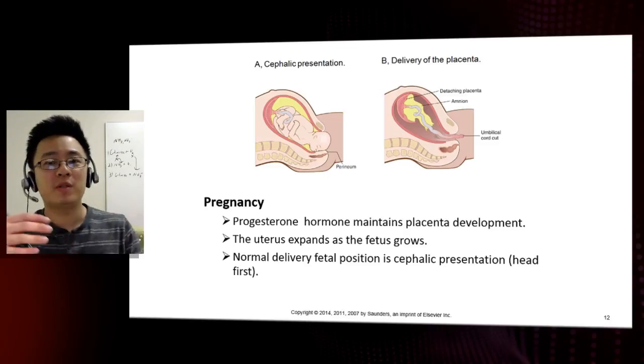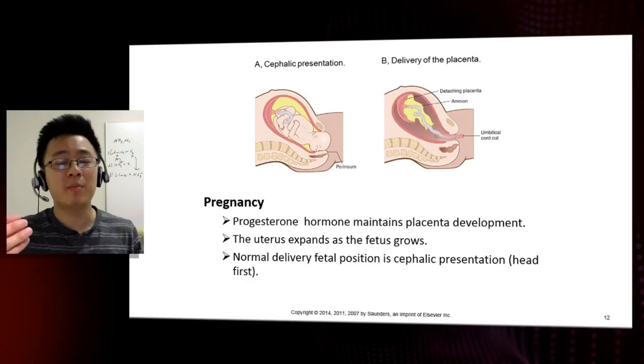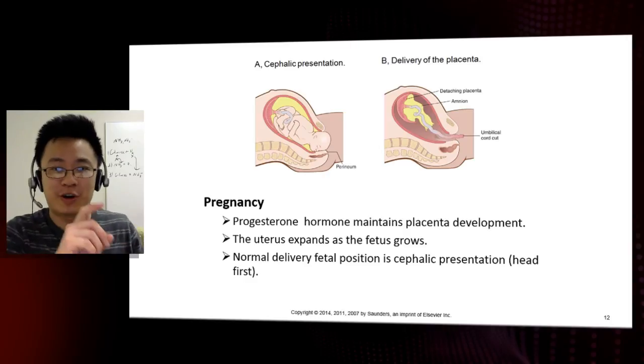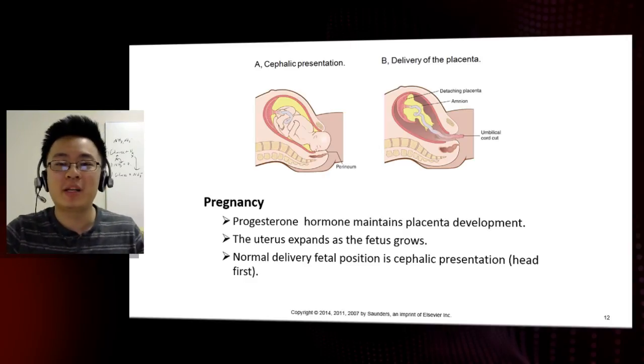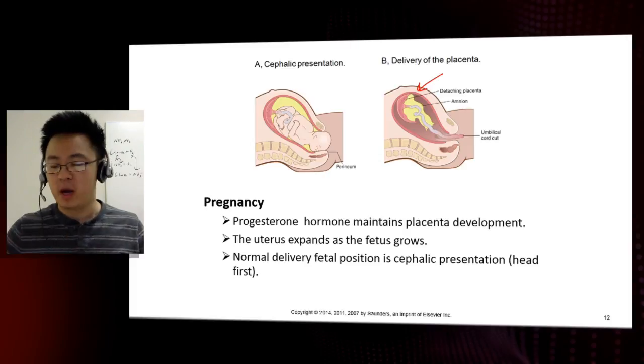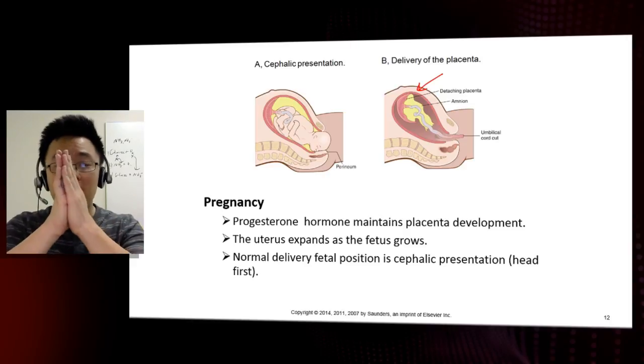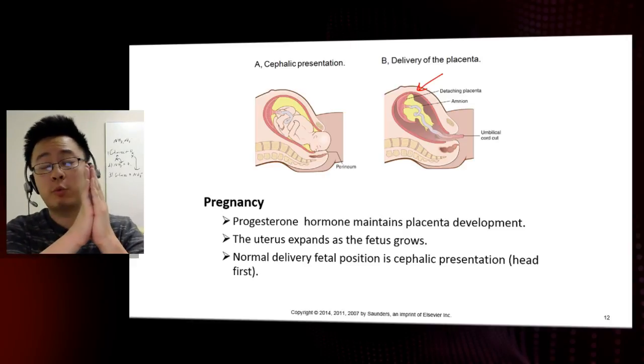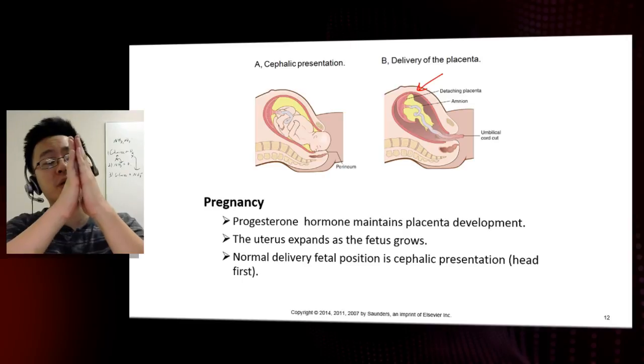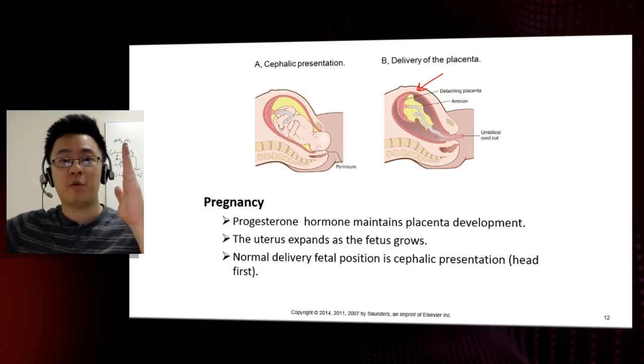However, after the baby is born, the job's not over yet. The mother still has to give birth to one more structure, and that structure here is the placenta. Now, fair warning here. When the baby is born, it doesn't mean the placenta is all detached and ready to go. The mother has to wait for the placenta to slowly, through the hormone processes, peel itself away. And then give birth to the placenta, which is after that.